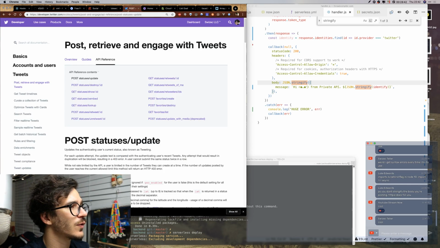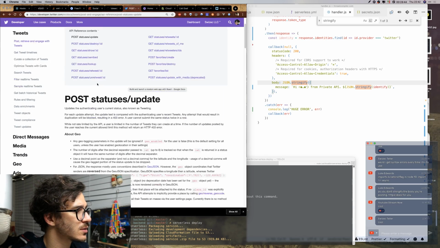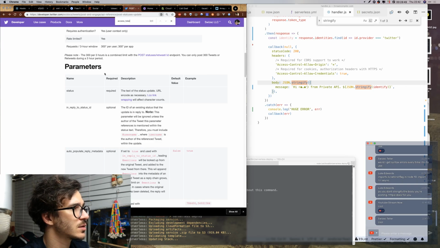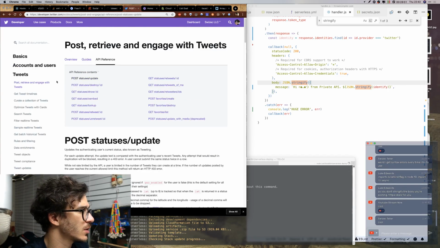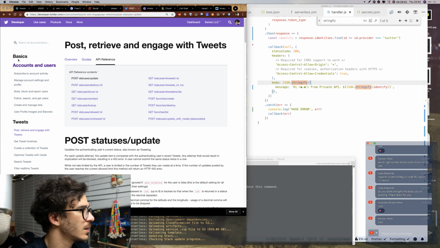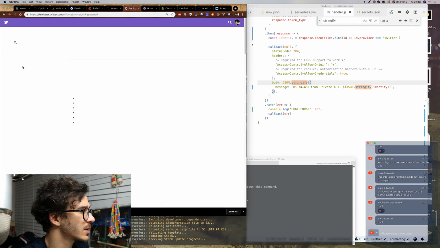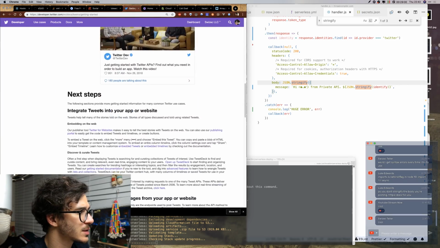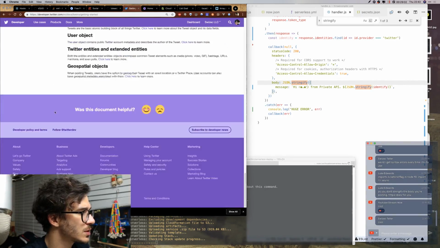So now I need to figure out how to make a post request with this thing, access token. Where does the access token go? Basics, getting started, integrate, creating a Twitter app, next steps, post tweets.